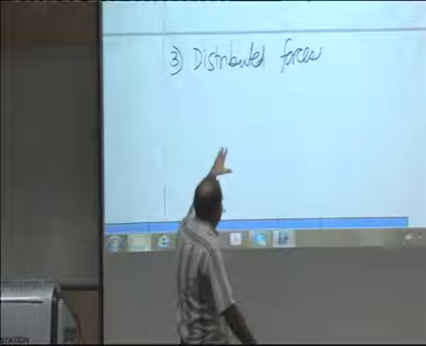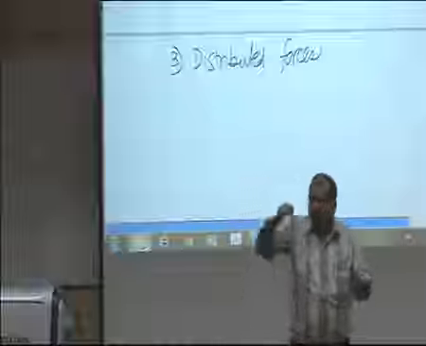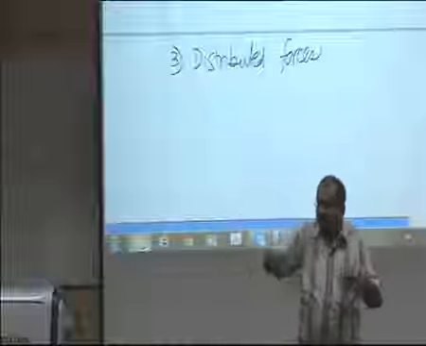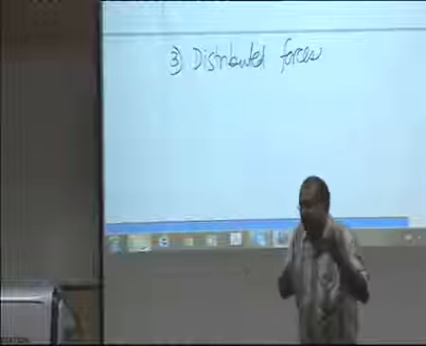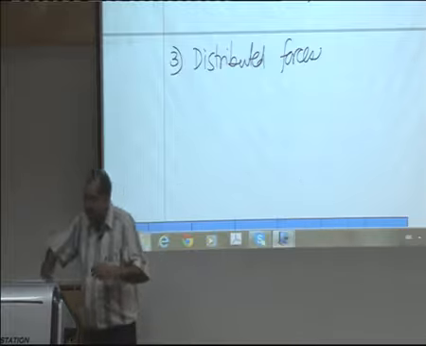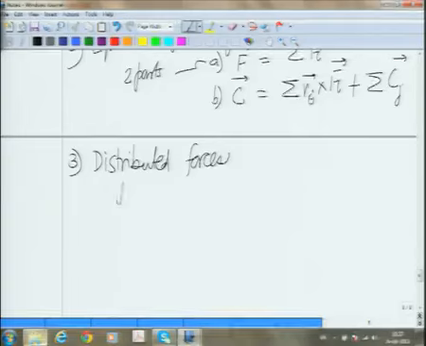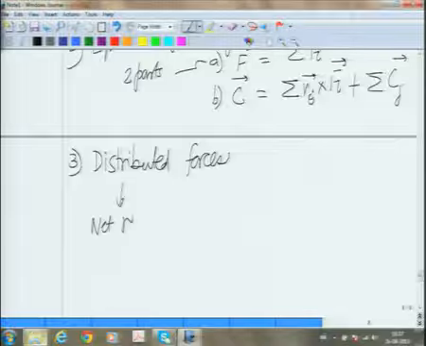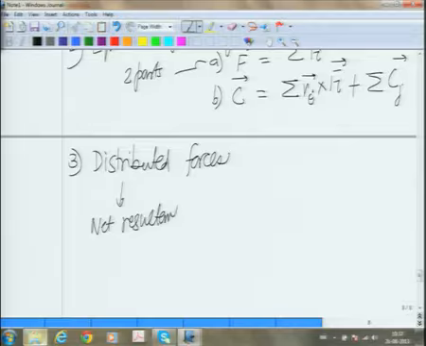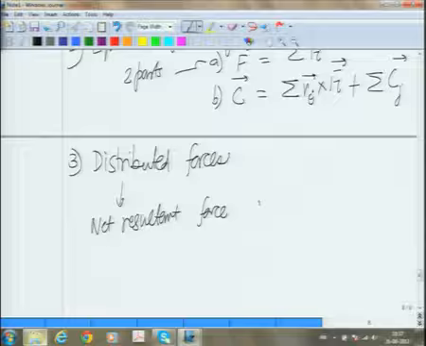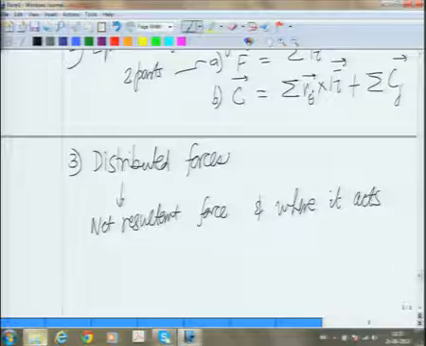So in distributed forces we found there are two things, where is the net force and where does it act. So those two things were important in distributed forces: the net resultant force and where it acts. We also did the concept of centroid when we did this,